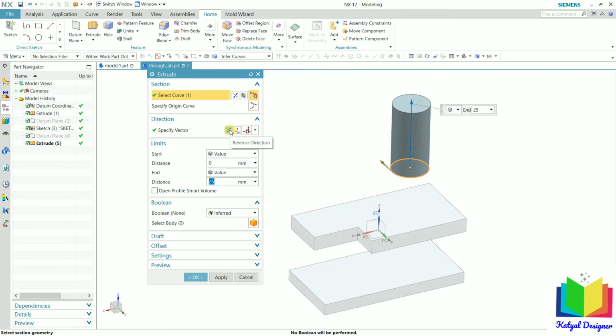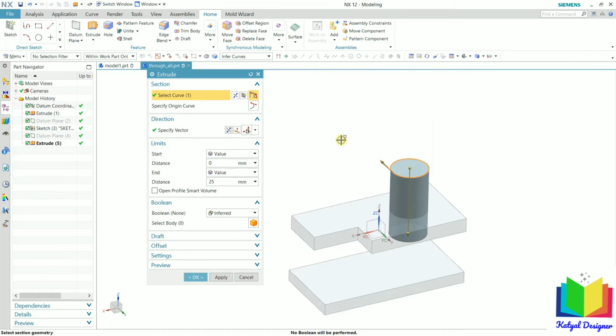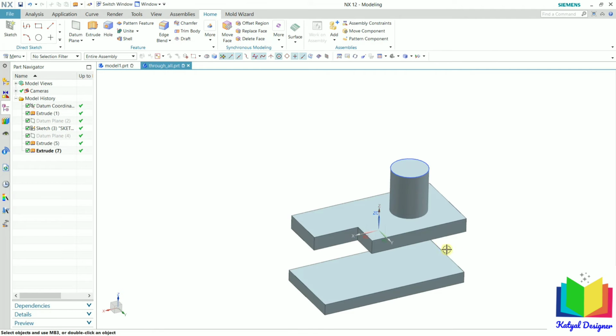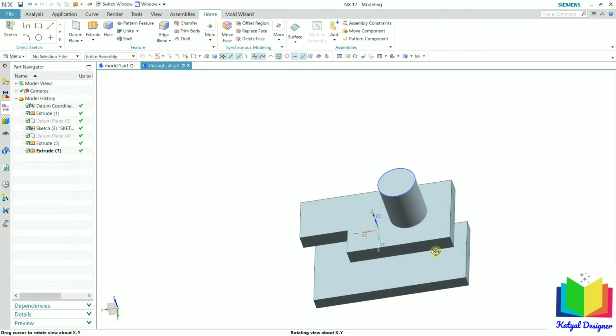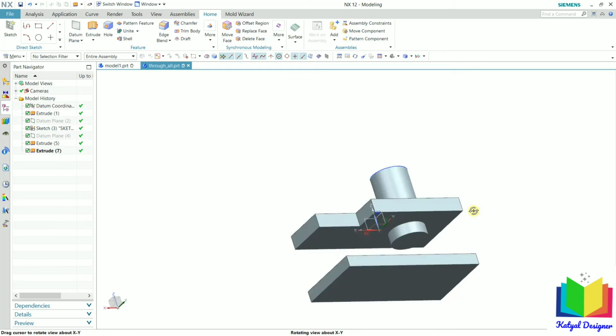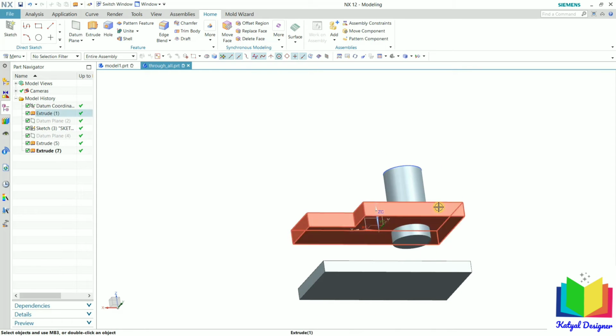So click on this reverse direction to reverse it. Let's say in the first option, I'm selecting any value of this limit. Let's say it is 25, and click OK. In this case, we can see the extrude is created like this. So it is crossing this existing object.